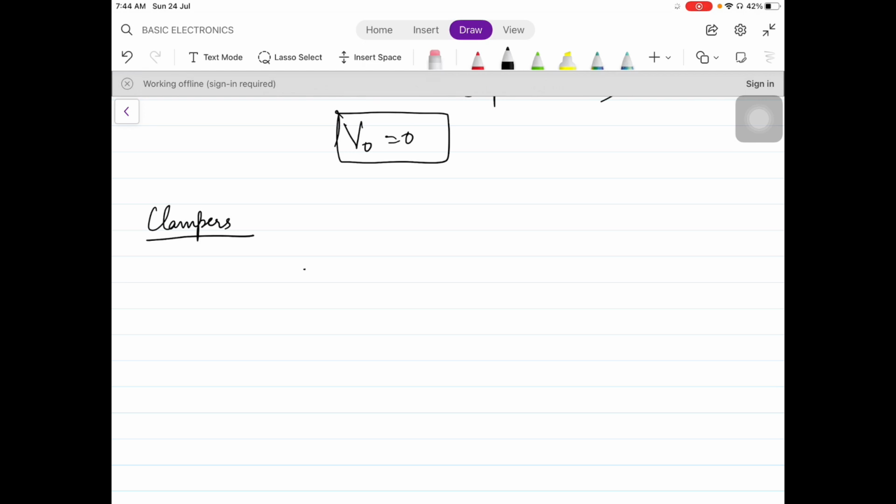Now let us come on to the clampers. सबसे पहले क्लैम्पर्स का मतलब समझते हैं। तो क्लैम्पर्स वो सर्किट्स होते हैं जो बेसिकली किसी भी इनपुट वेवफॉर्म को एक पर्टिकुलर वैल्यू से केवल शिफ्ट करते हैं। ठीक है, फॉर एग्जाम्पल we are having a signal like this. क्लिपर्स में हम इस सिग्नल की कटिंग करते थे, यानी हम इस सिग्नल का कोई भी पोर्शन कहीं से भी रिमूव कर सकते थे। लेकिन क्लैम्पर्स में बात बहुत सिंपल सी है, and the simple thing is that we are only going to shift this signal by a particular value। जब हम शिफ्टिंग की बात करते हैं तो हम केवल सिग्नल की टॉप वैल्यूज या बॉटम वैल्यूज से ही बात करते हैं।